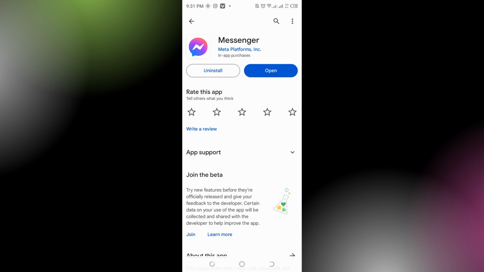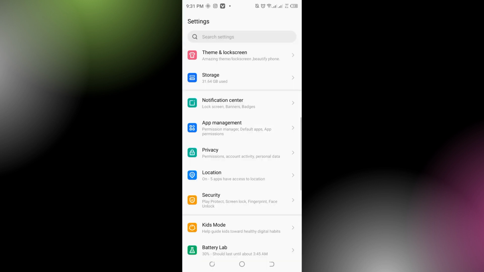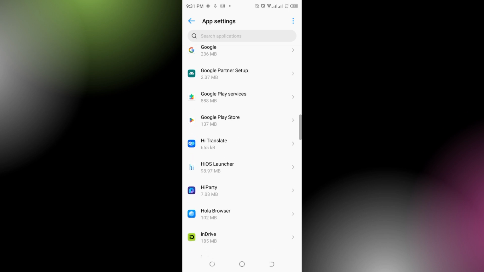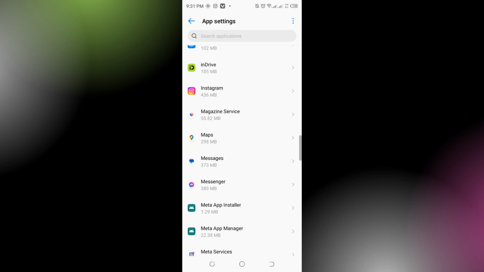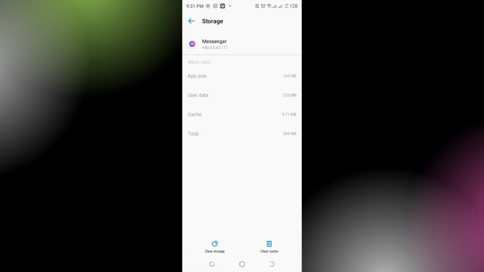Or the next step you can do is go back and go to the settings and go to the app management and go to the app settings and look for the Messenger here and tap the Messenger app and go to the storage and cache and clear the cache, and this will help you to fix the Messenger low volume